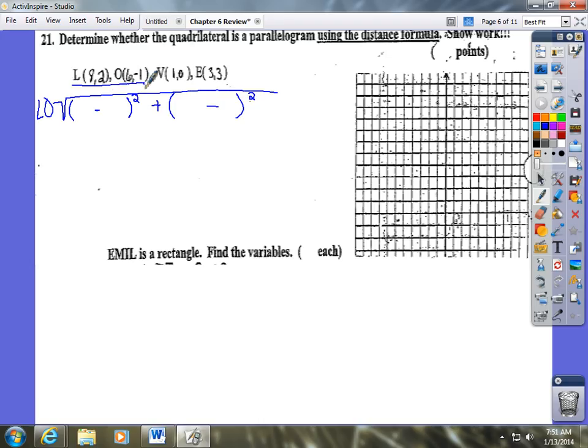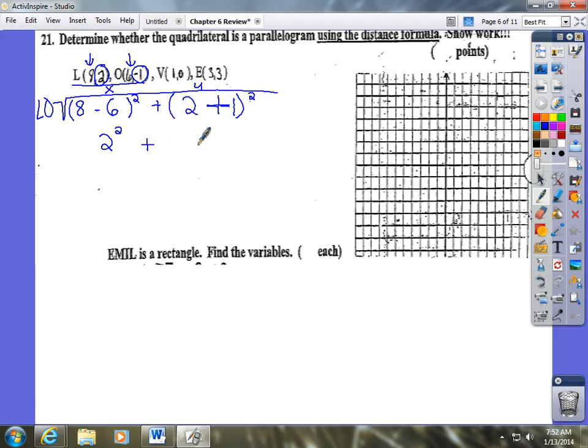Okay, so when you're filling them in, you're going to do the x's first, all right? And the x is always the first digit. So you're going to do 8 and 6, and then you're going to do the y's. So we have x's and then y's. The y's, I have 2 and I have -1. Okay, and remember that whenever we have minus a negative, we can change it to a plus, and then we just simply solve. 8 minus 6 is 2, and we have 2 squared, plus 2 plus 1 is 3,